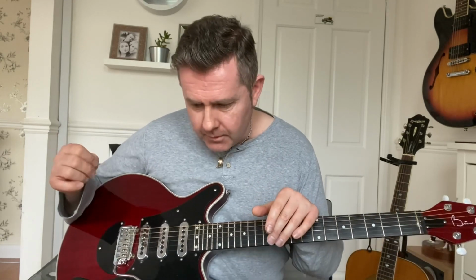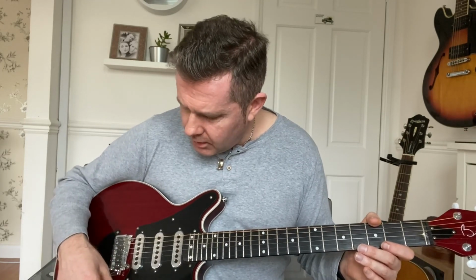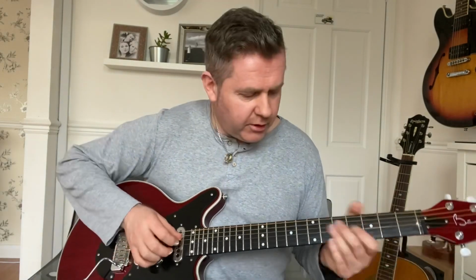One thing to keep in mind as well, when Brian May was originally going to play the solo from Crazy Little Thing Called Love, he said that he wanted a Telecaster sound and that he felt he could get that out of the Red Special. And the producer Max said, well, why don't you just use a Telecaster? But you could have gotten a very similar sound with the Brian May guitar. The beauty is if you turn all the pickups on,